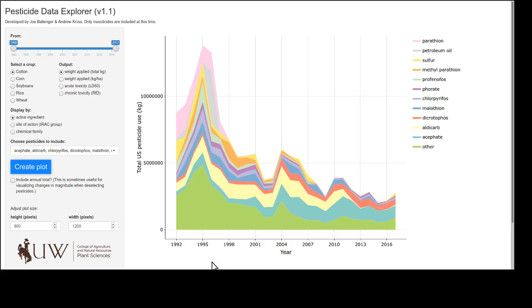Okay, so this is basically how all of the plots are going to be displayed. So again, the time down at the bottom, here we've got the total U.S. pesticide use in just kilograms that were applied to cotton over this time frame. And then it's going to display each AI separately, but as a stacked area chart. And so basically, if you look at the very top of this area, that's the total amount of pesticides that